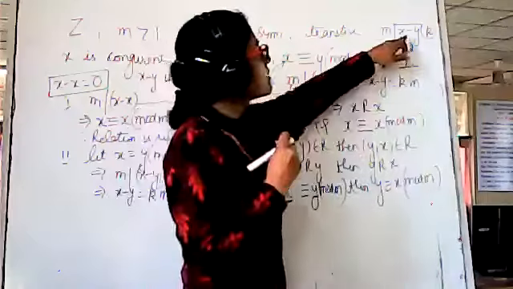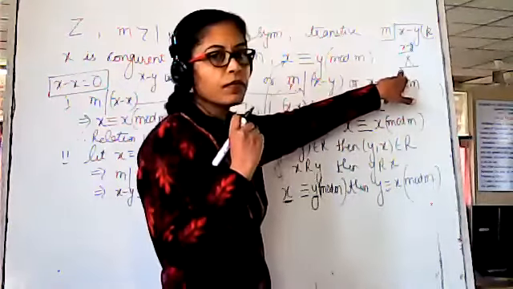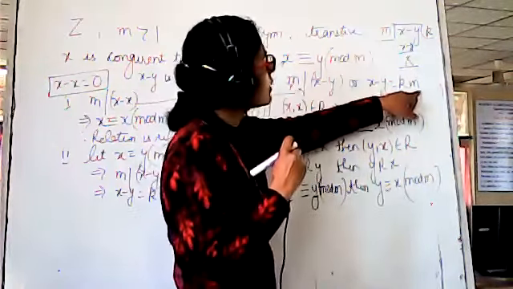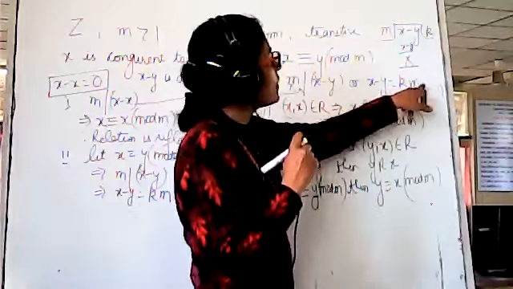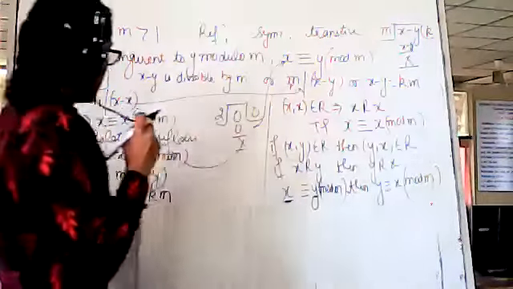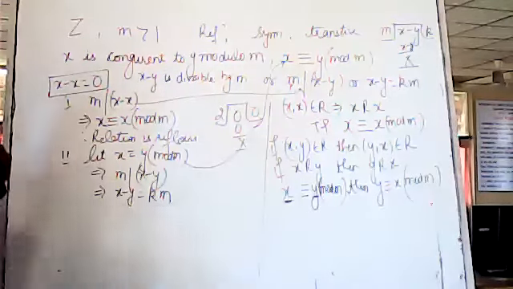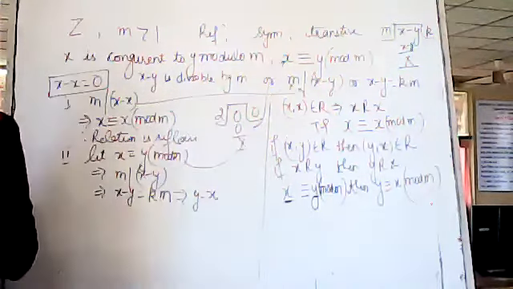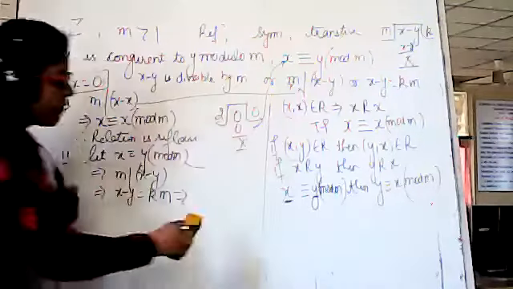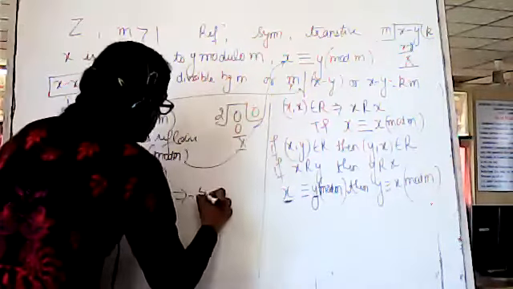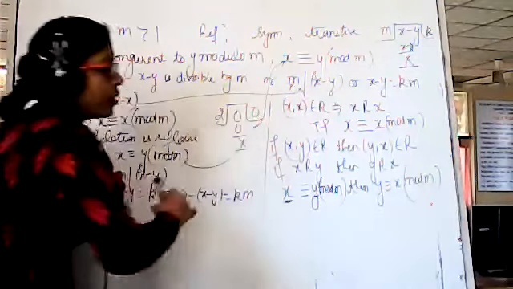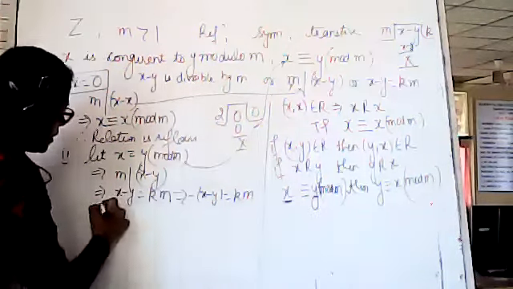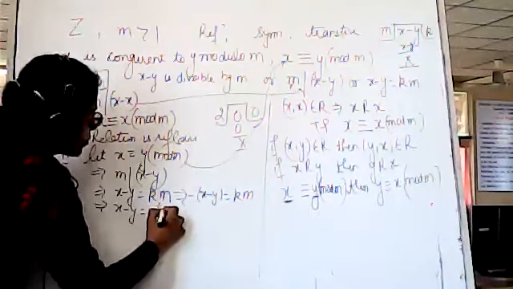We write it like this, right? Dividend is equal to divisor into quotient plus remainder. So the same thing we are writing here. Dividend, that is x minus y, is equal to divisor, that is m, into some quotient, that is k, plus remainder, that is 0. We are writing this. x minus y is equal to k into m. Can we write y minus x, or we can say it implies that minus of x minus y is equal to k into m? Okay. The minus sign is taken common outside, nothing else was done. It implies that x minus y is equal to minus k